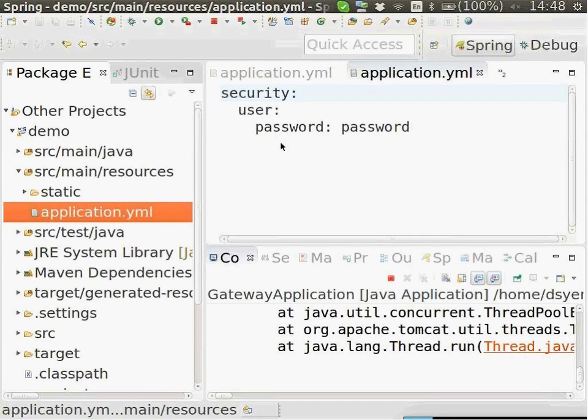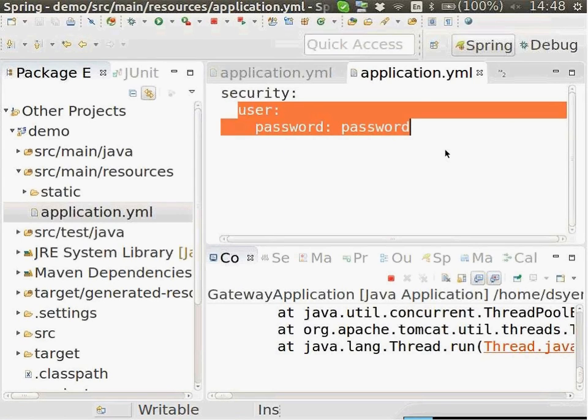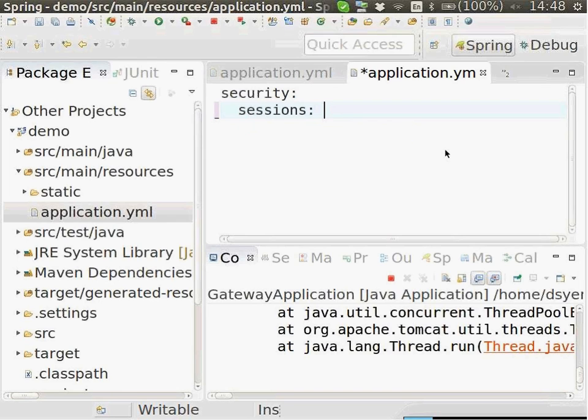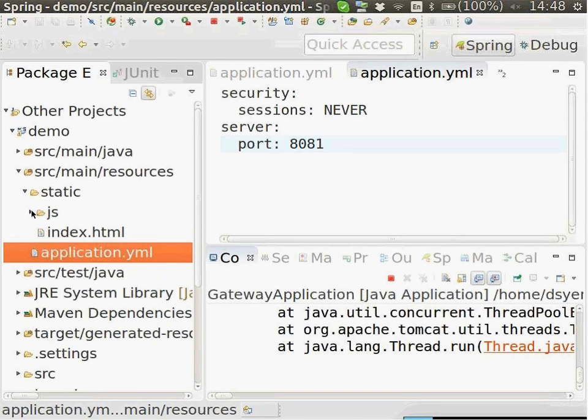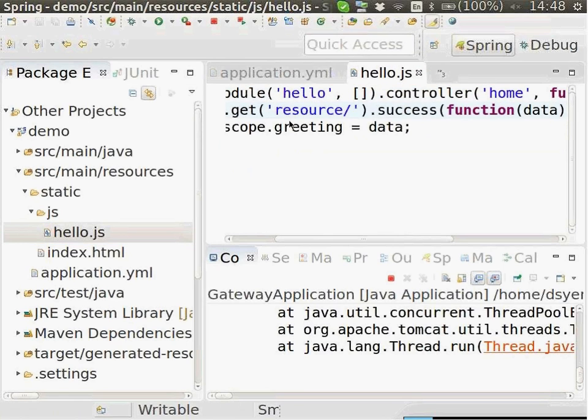existing single page application. I'm going to remove the default password, okay? But I'm going to add a session creation policy and a server port AT81. So that thing's now going to be running there. I'm just going to check one thing quickly. So when it goes to its resource, it's a relative resource, not an absolute one, which is fine because I want it to be relative to the proxy route. Okay, so